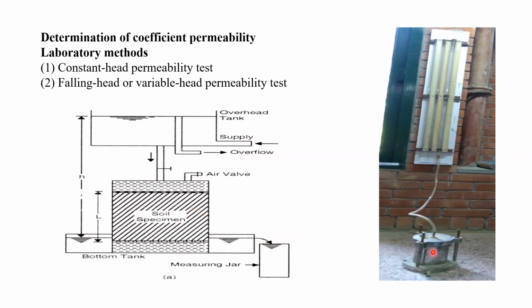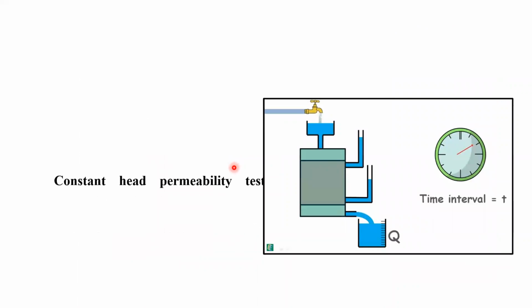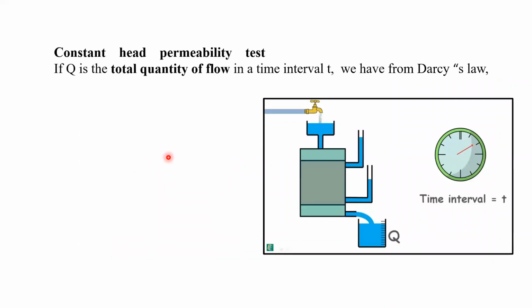Here, as you can see, this is called a permeameter. Standpipes are there. We shall talk about them one by one. So first we shall go for the constant head permeability test. You can see here, continuously we are going to maintain the constant head for the determination of permeability of a coarse grain soil. The amount of water which you are going to collect in the jar or beaker is capital Q, and time also we are going to measure.